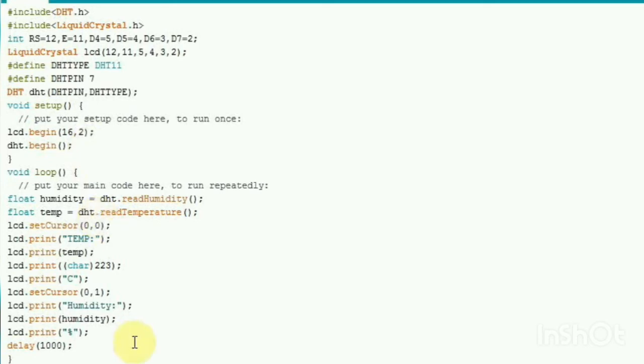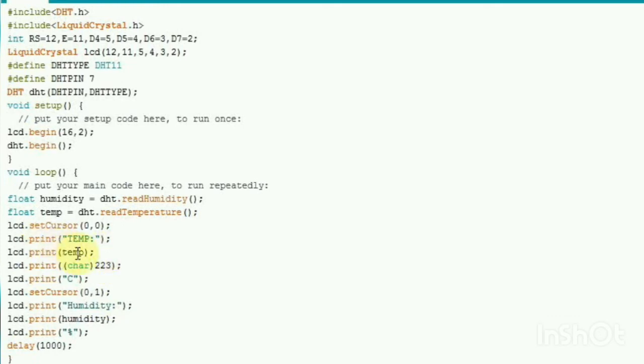And in the loop, we are going to first read the humidity and the temperature, and that humidity and temperature can be read by calling the functions dht.readHumidity and dht.readTemperature. So by using these two commands we are going to read the humidity and the temperature, and the remaining commands are related to the LCD or just for displaying.